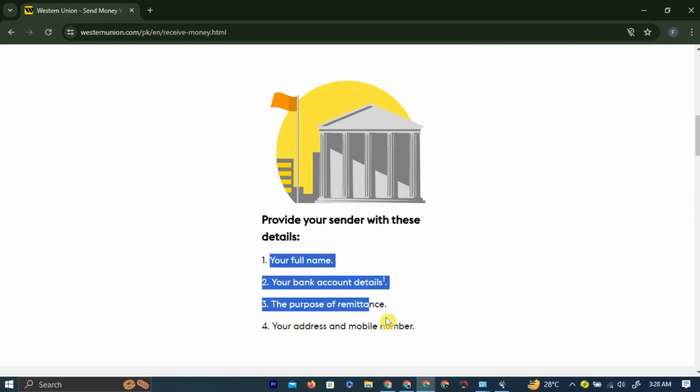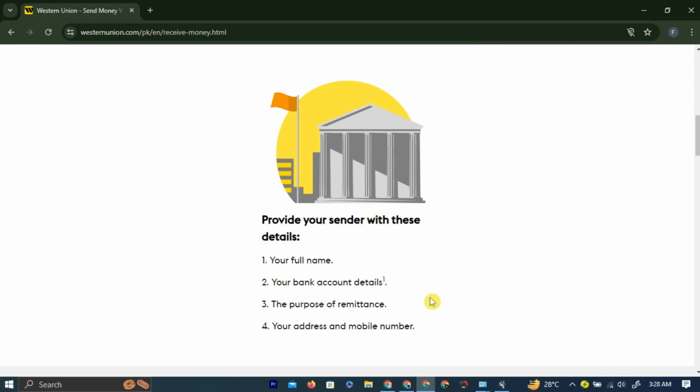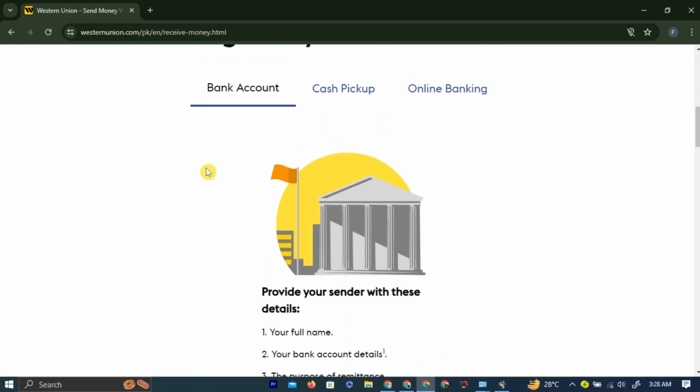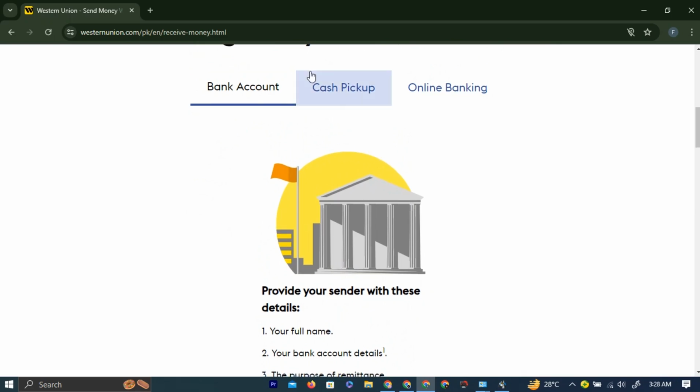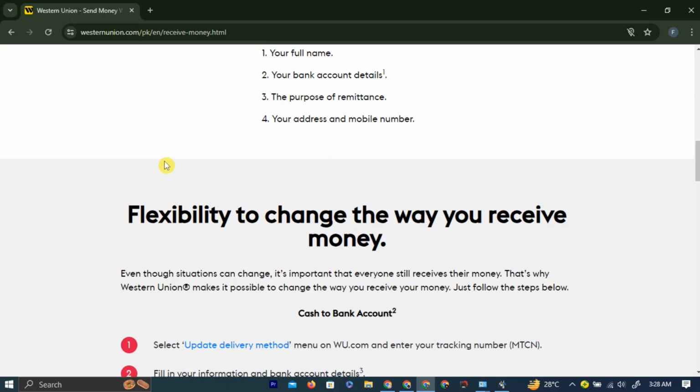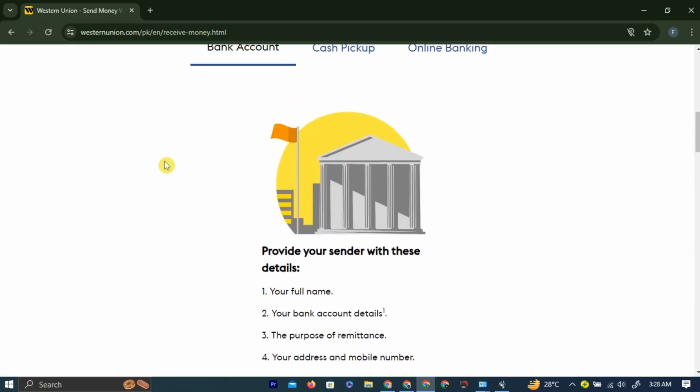The second option is cash pickup, where you simply go to the Western Union location and pick up the cash the sender has sent. The third option is online banking, for which you need to download the Western Union application. Through the app, you can transfer the money directly into your Western Union bank account, similar to any other bank